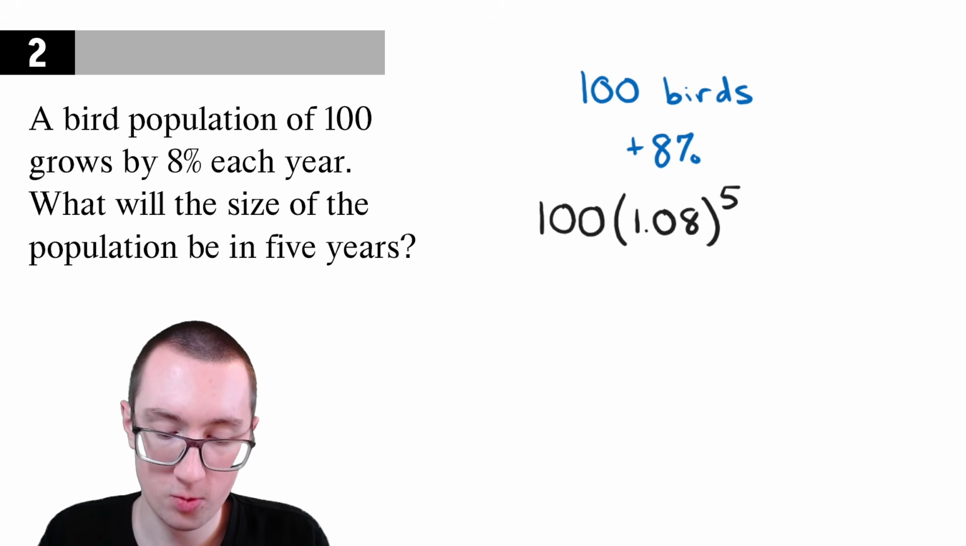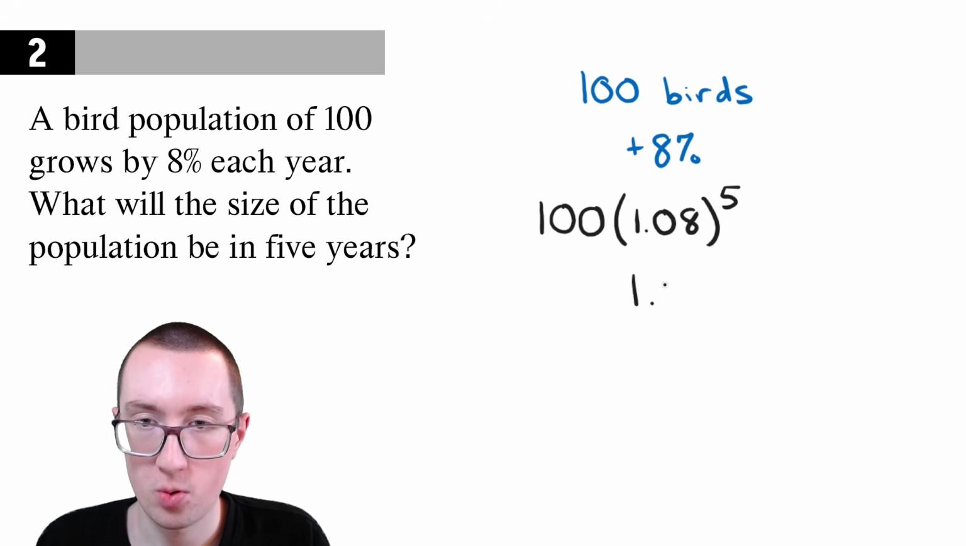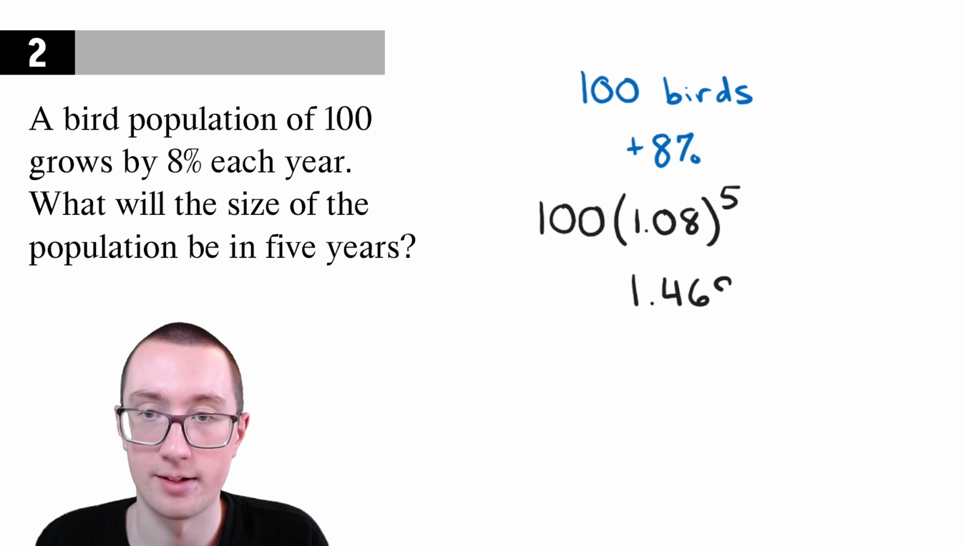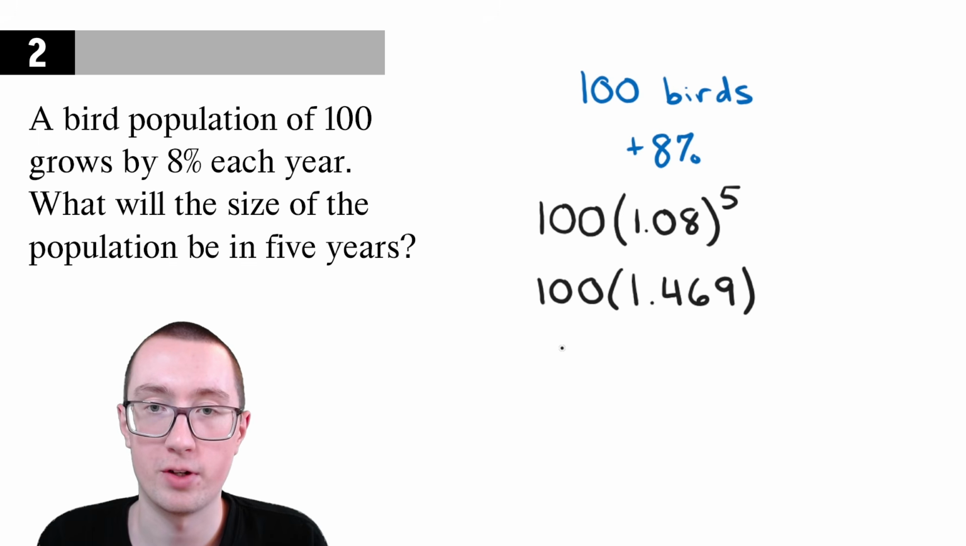So using our calculator, we're going to do 1.08 to the power of 5. And that is going to give us 1.469. And now all that's left is to multiply this by 100, which is going to give us